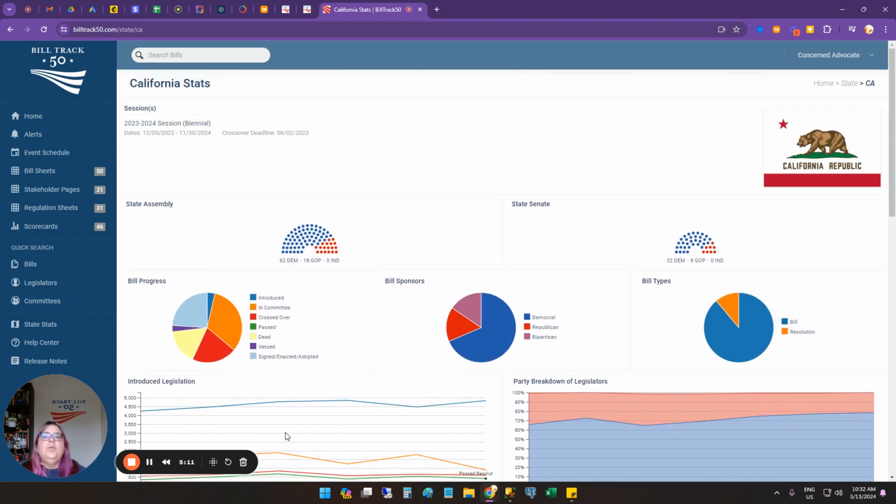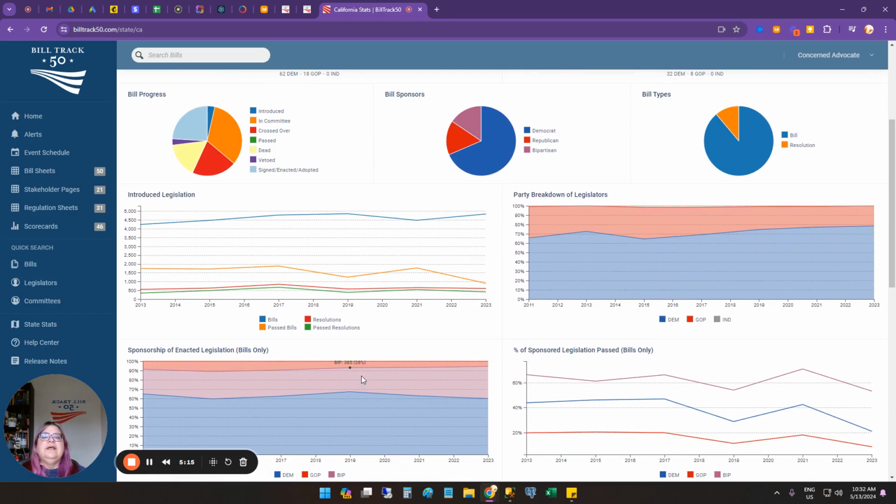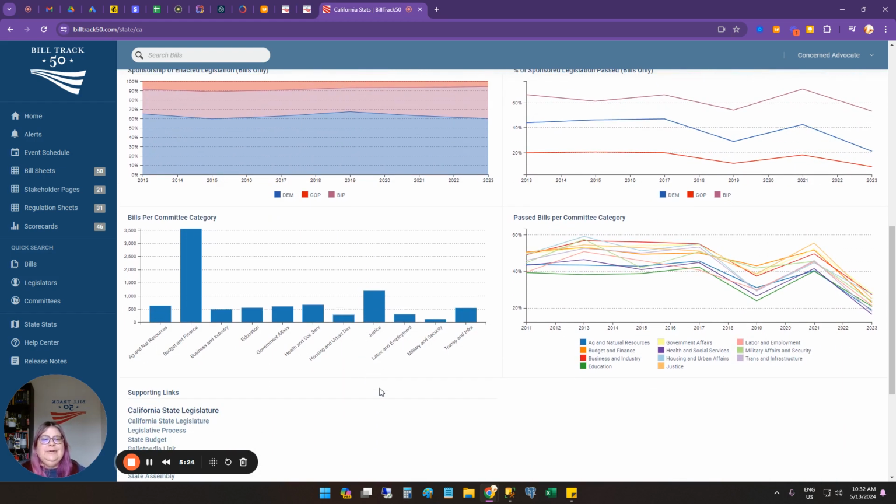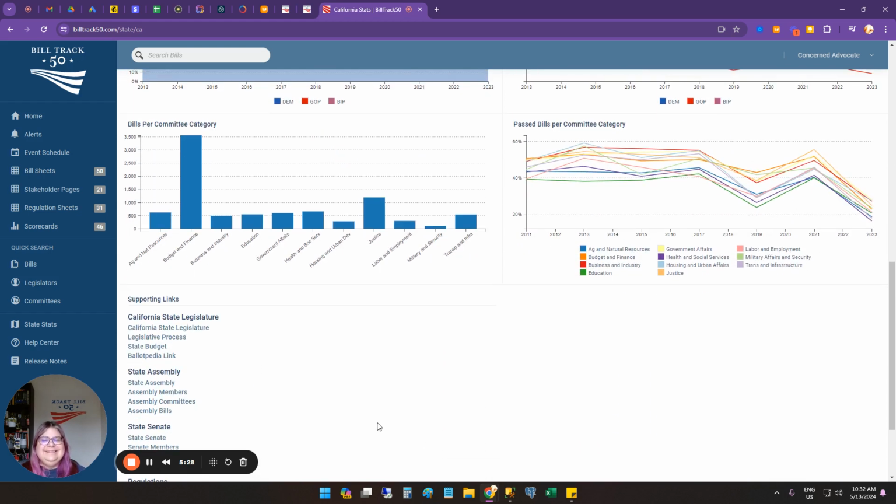So that is what this page is. Hopefully you find it useful just to get a feel for the culture in this state. And if you have a bill that you're wondering if it's going to pass, hopefully between all of these pieces of information, you'll be able to make up your own mind if you think that the bill has got a chance. All right, good luck.